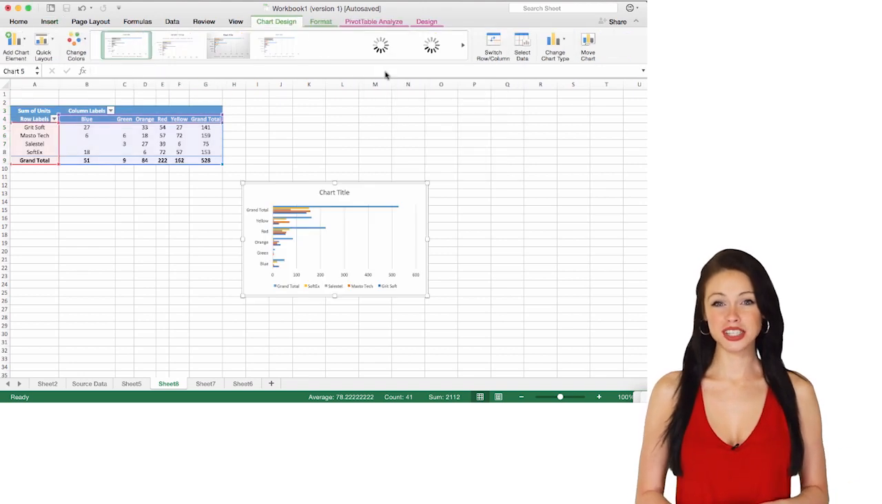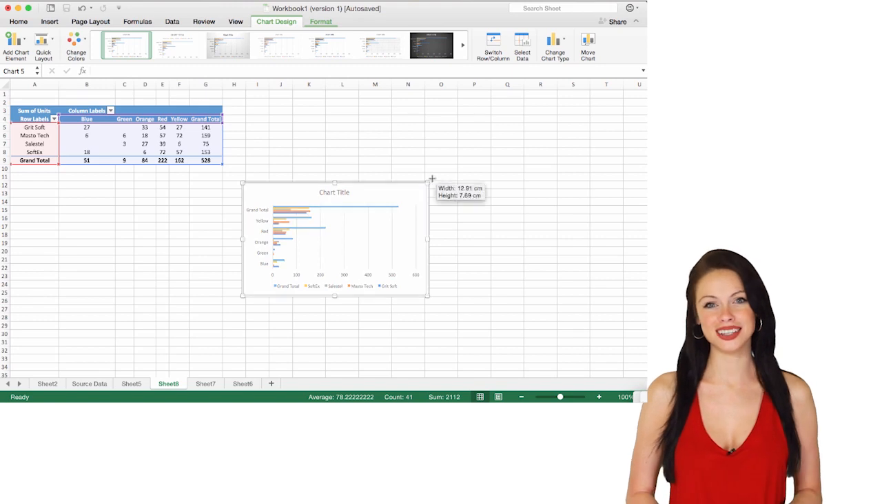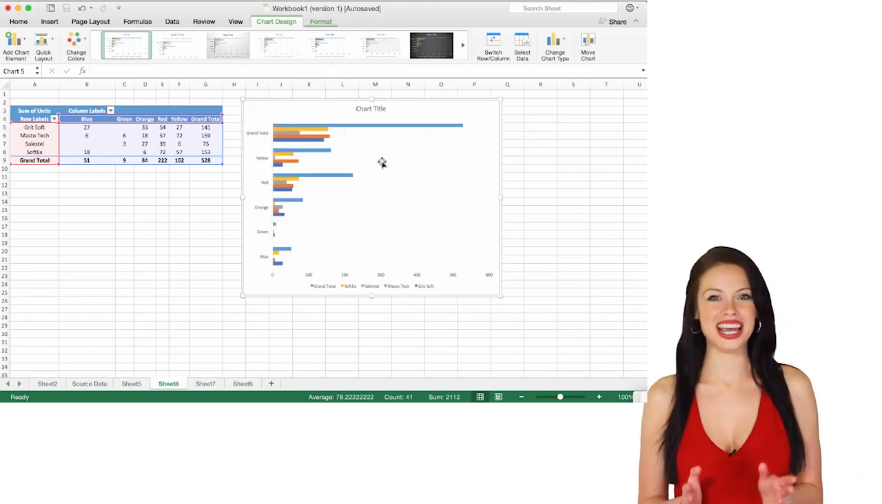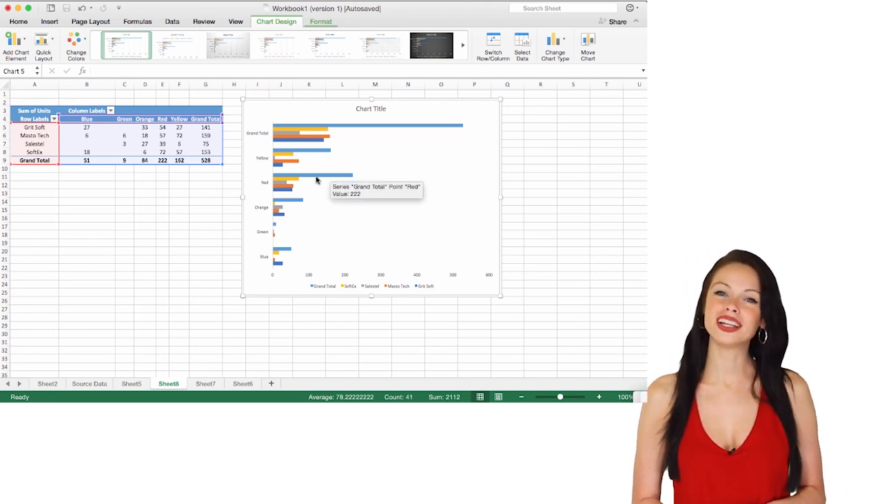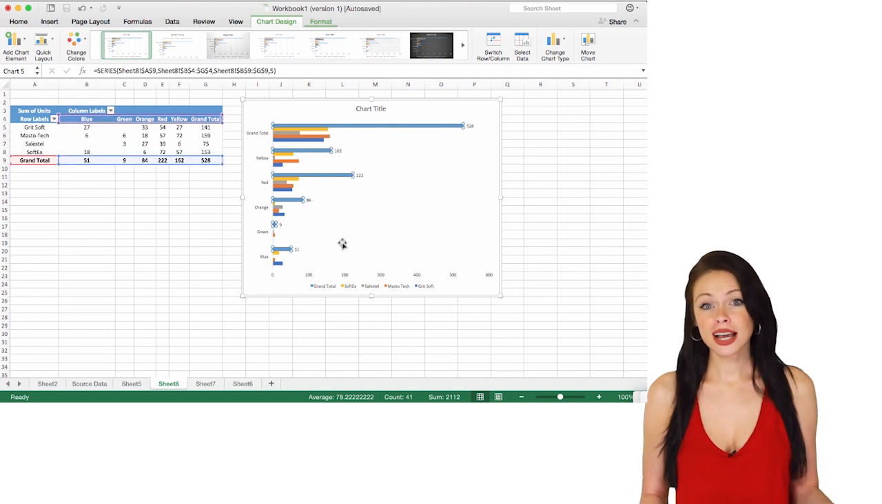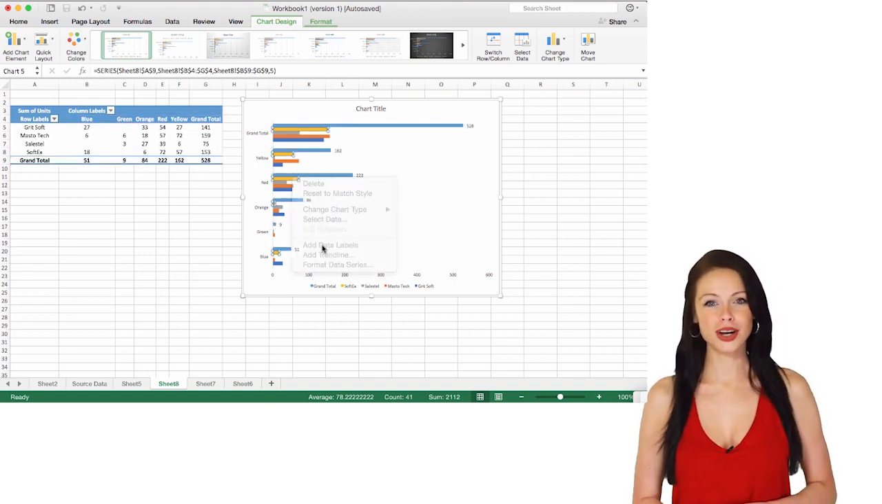Next, make some modifications so the chart is easier to read. Enlarge it and click and delete the horizontal lines to clean it. And then add some data labels so the metrics can be read at a glance. Do that by right-clicking the bars. Again, if you're using Excel for Windows, you'll do this by clicking the plus symbol beside the chart and selecting